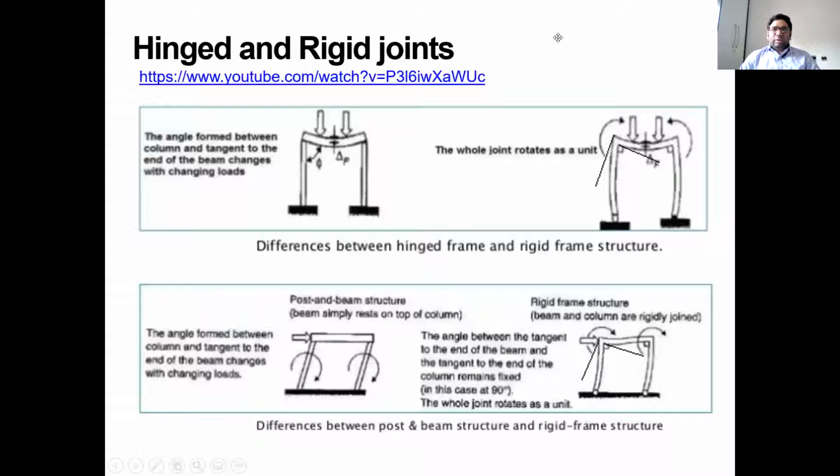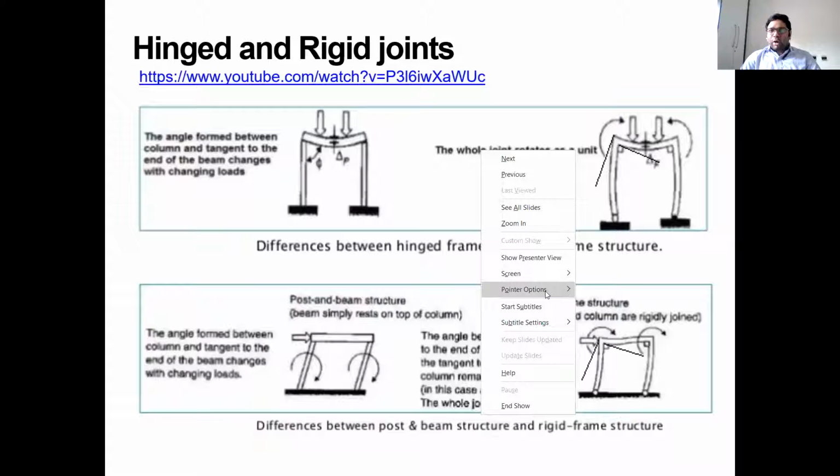Yes. So in today's class, we will be talking about what pinned joints and rigid joints are, and what the difference between these both is. We already know that a pinned joint will have some number of reactions and a rigid joint also will have some reactions. But in today's class, we will be mostly focusing on